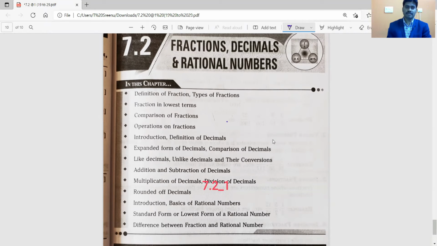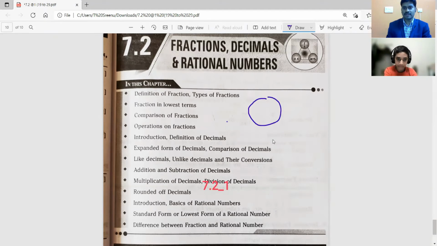Right. Fraction, generally the fraction definition. A fraction is a part of a whole. See, in earlier classes, how do we learn fraction? Take a circle and divide it into 4 equal parts. Let's shade one part. How many parts have I shaded here? One, 1/4. Okay, now it is a fraction, meaning a fraction is a part from the whole.